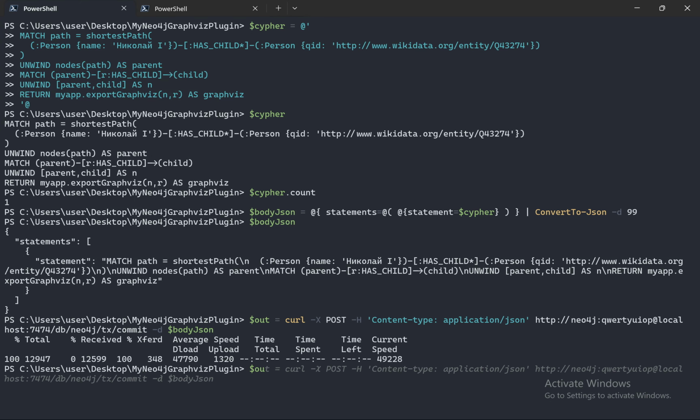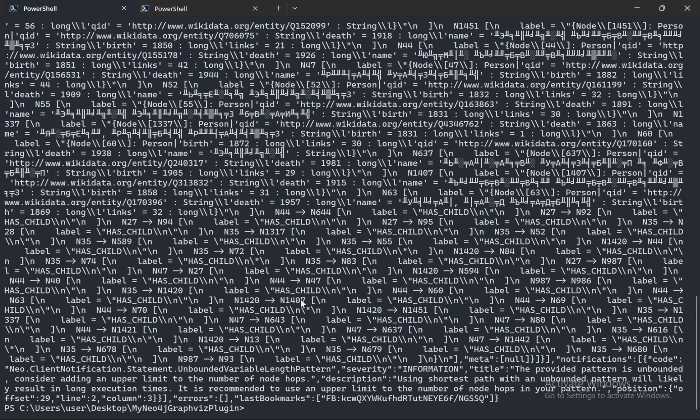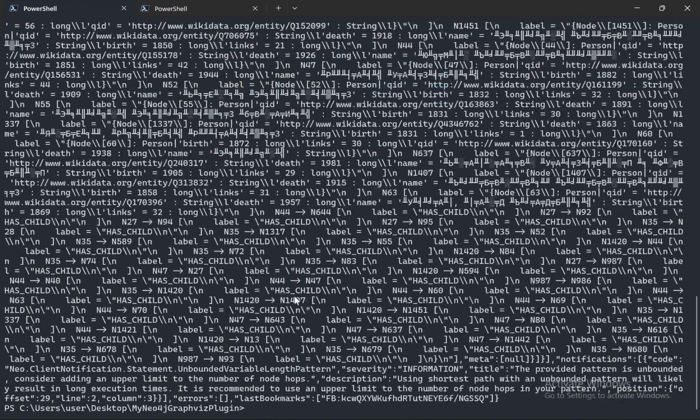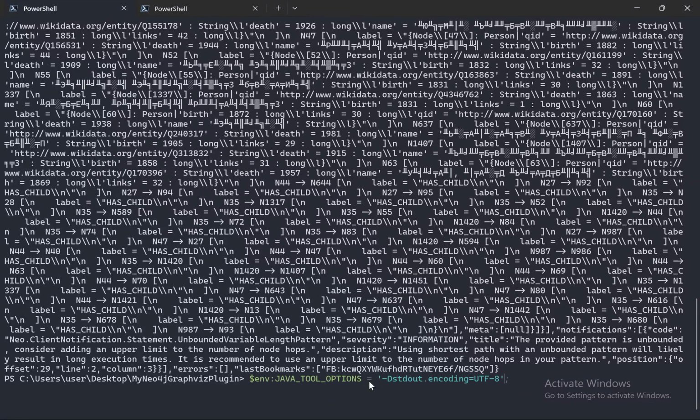And now if we check out the variable, you can see there is a JSON, and the encoding has been messed up. To fix encoding, here's what you can do. To fix encoding of curl, you should execute this command, it sets the Java options system variable to the value of this string here. It should work, and also we should change an encoding of